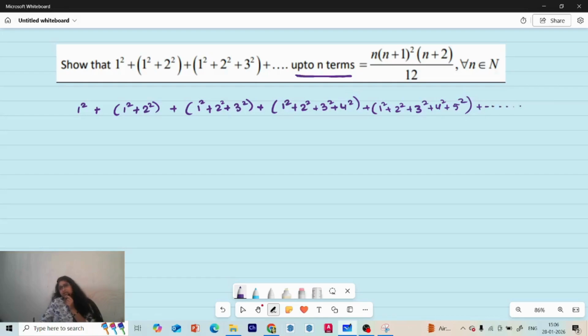So ide nth term ante em cheyali kada. What will you do for nth term? You will add up till n kada. You will square the number and add it on until you get n square. Okay, so this is first term, this is the second term, this is the third term, this is the fourth term,